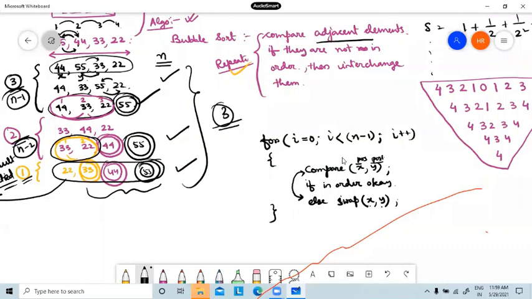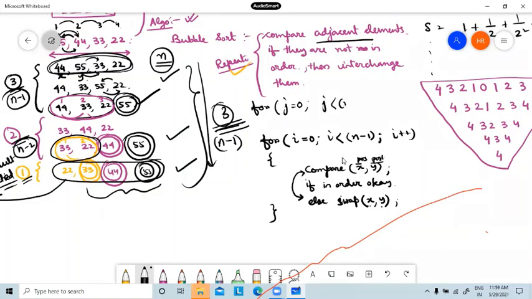So after comparison, I will perform this result. So this is one thing, and this thing is repeated again and again. How many times? 3 times. How many elements are there? There are 4 elements. So I have to make 3 elements sorted, then the last element is sorted by default. So for general n number of elements, how many times do I have to repeat these things? N minus 1 times. So my outside for loop, which will perform this repetitive thing, will run j less than n minus 1 times, j plus plus.